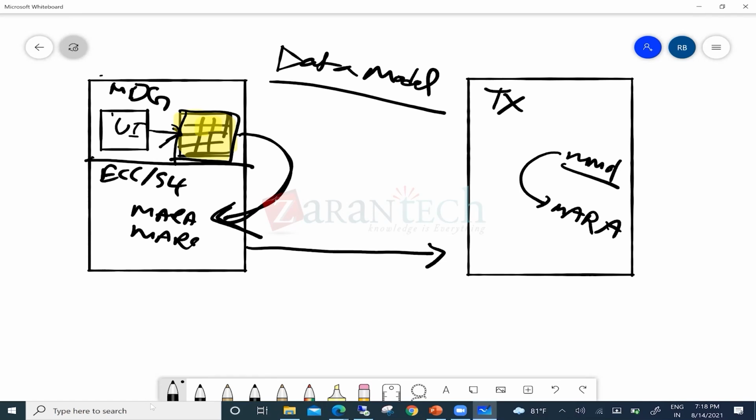Then you need to create your own staging area, you need to create your own UI application, and you'll be building the workflows and everything. And finally, once the steward approves that record, you have to create the plant in your underlying ECC tables,